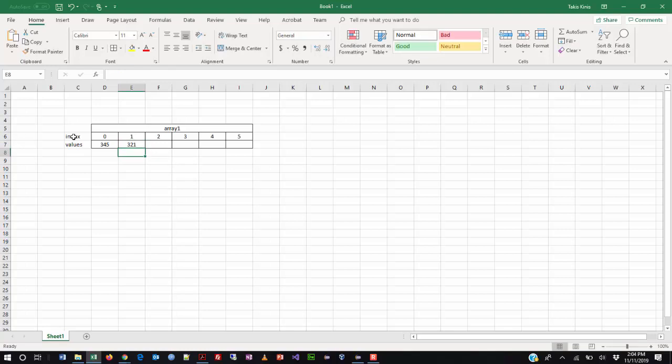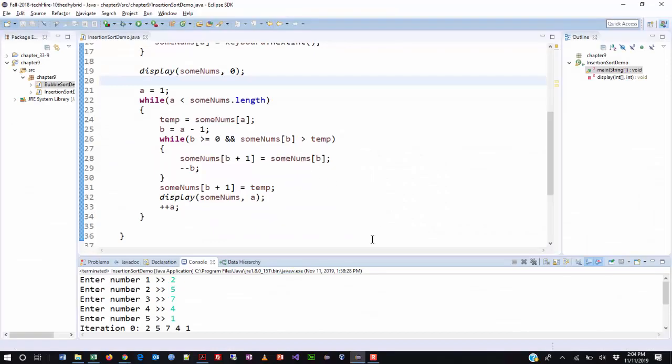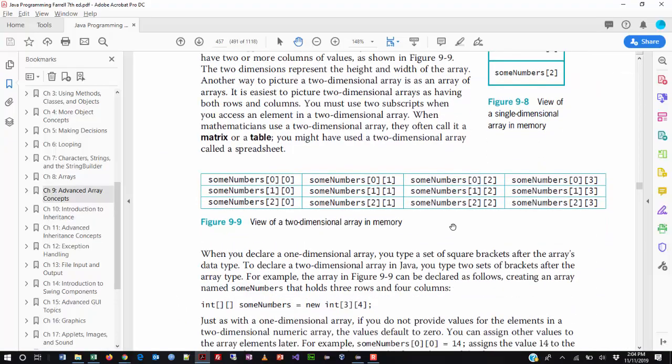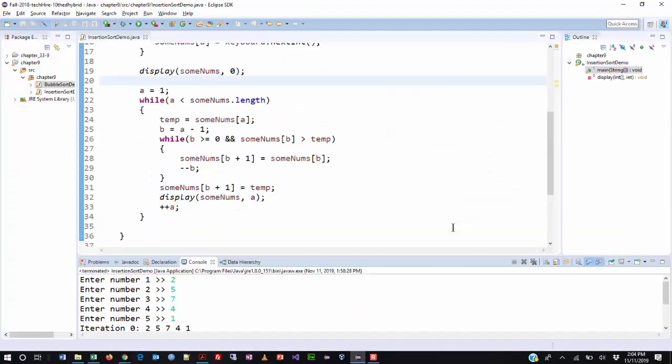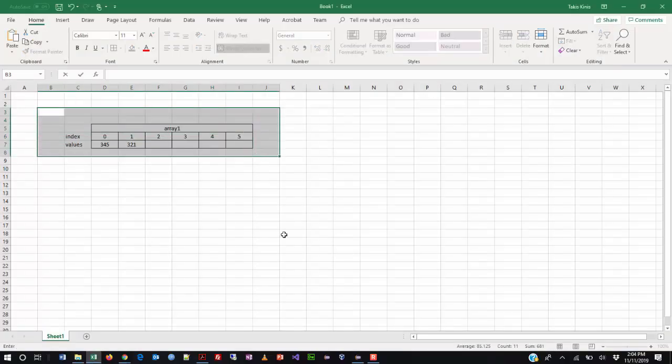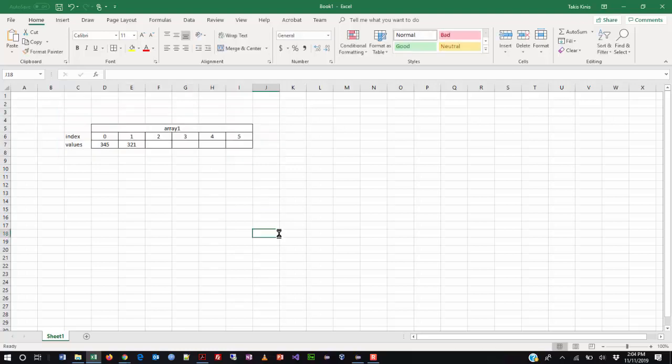Where it really becomes more helpful is this. And this is where the book is going next, and I wanted to show that graphic first. We can actually work with what we call a two-dimensional array. When we work with a two-dimensional array, really what we're creating is like what we see in the spreadsheet, where, if I just delete all this stuff here, or just Control-Z my way out of it, right? Just get rid of it until it's all gone. And then I take a look here,